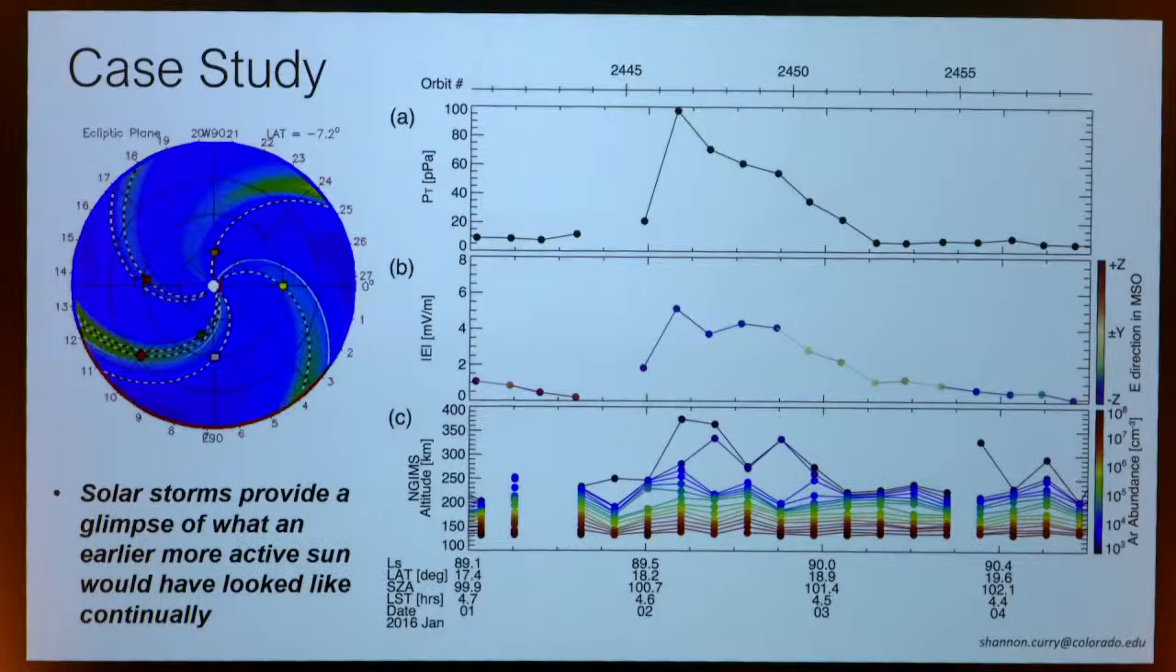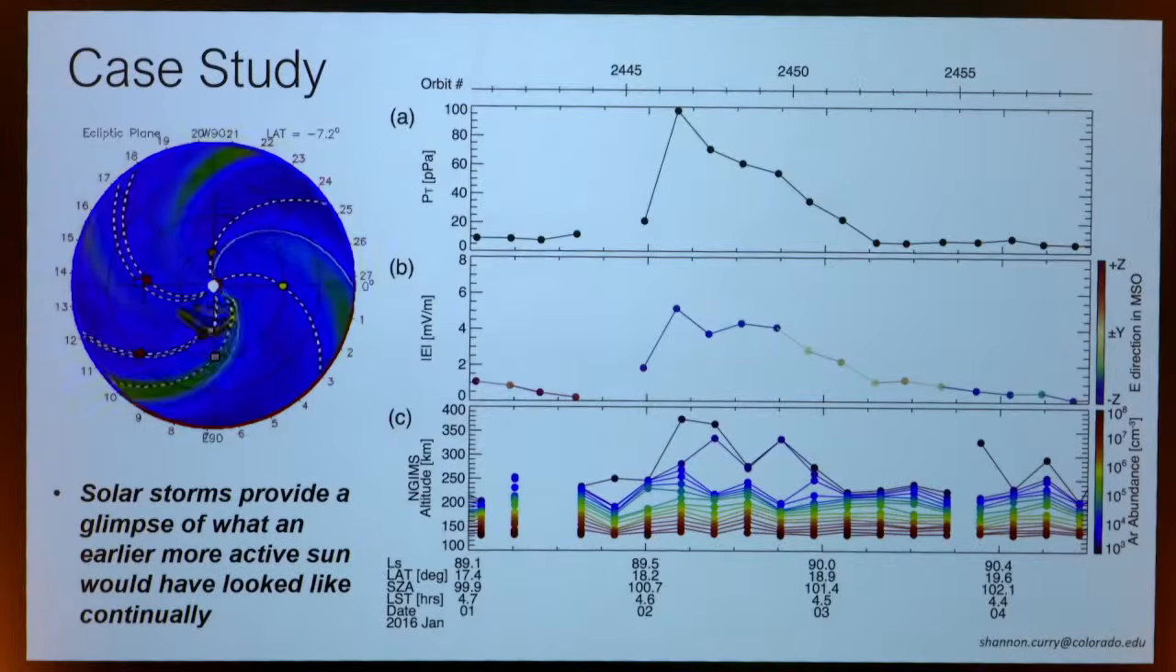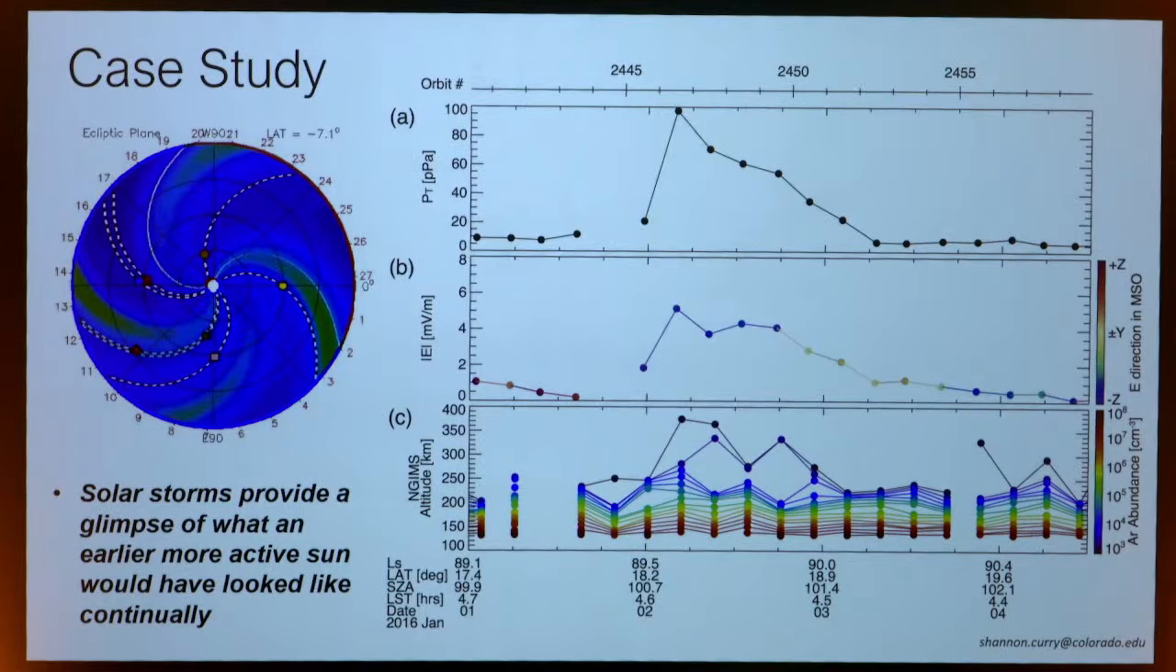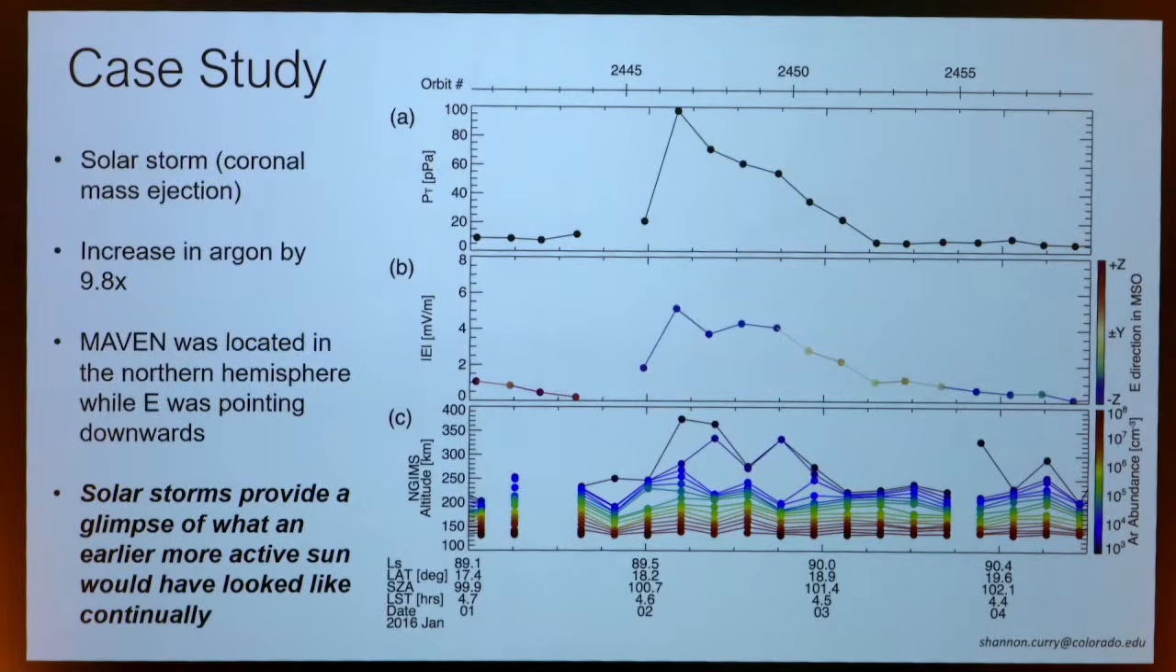This is a case study. So this is a solar storm. This is a coronal mass ejection that went past the planet. Let's see if I can hit that again. There you go. You can see that storm going right past Mars. And so solar storms, one reason I love solar storms for many reasons, one of the top 6 easily, is that it provides a glimpse of what the early sun might have looked like during its constant active and stormy conditions. So we saw this CME, and we saw the argon densities go up by